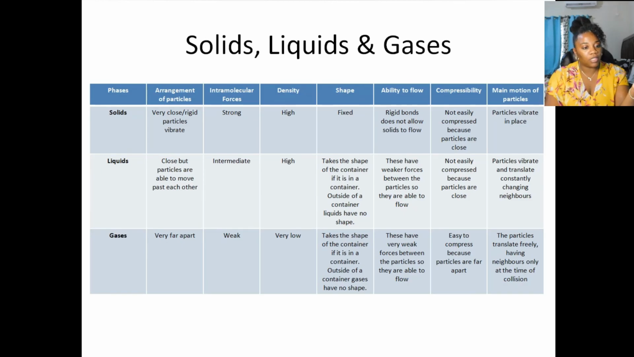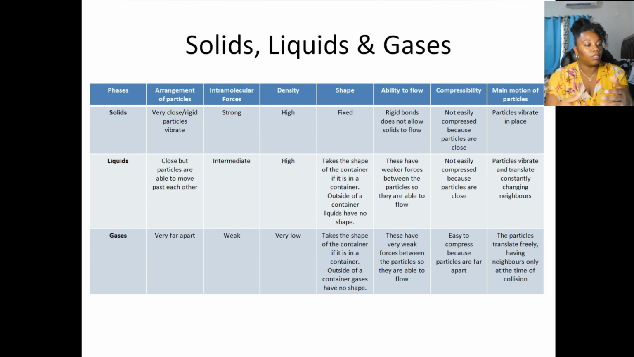Now here's tabulated information on the three phases: solids, liquids, and gases. Here you see that solids have very strong intermolecular forces. They have high density, meaning that they're tightly compact. The shape is fixed, and they have very rigid bonds, so it does not flow very easily. They're not easily compressed, meaning they cannot be squashed easily. And the particles just vibrate when they're exposed to any type of heat that will cause the particles to move